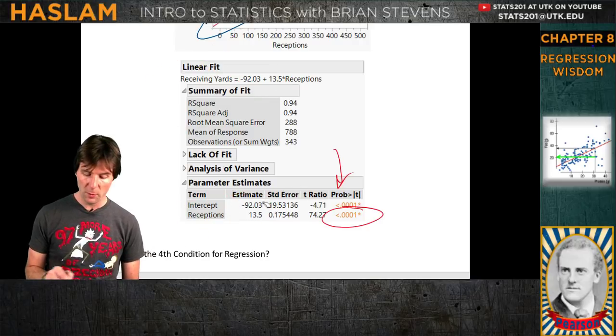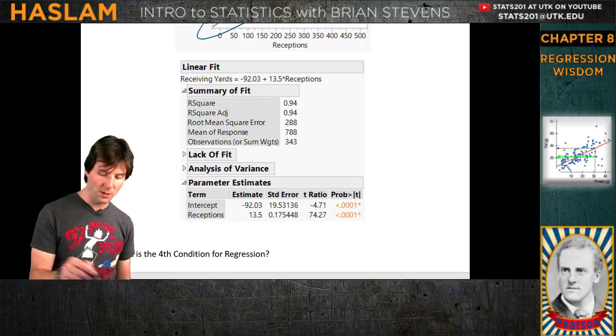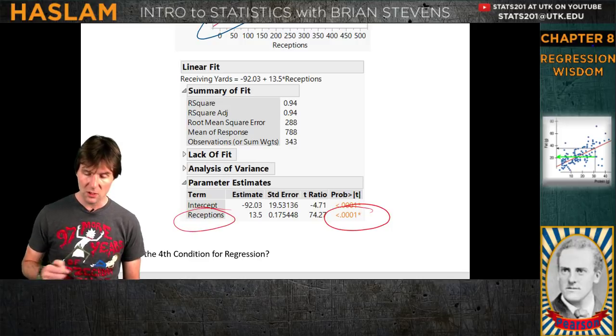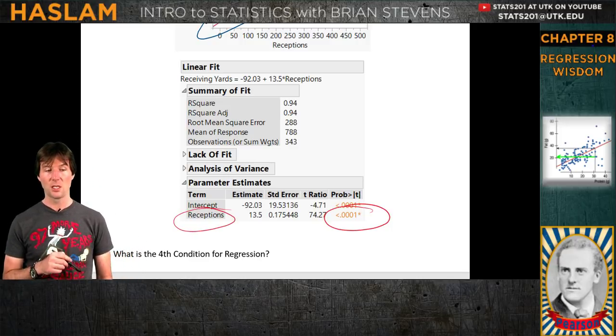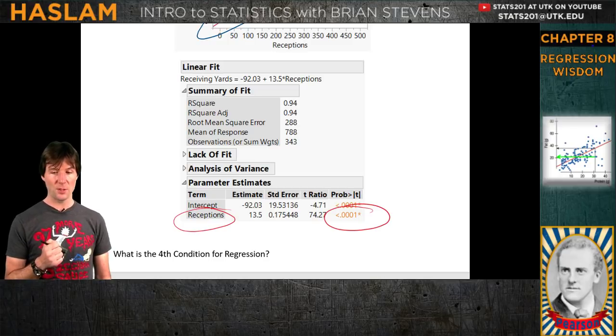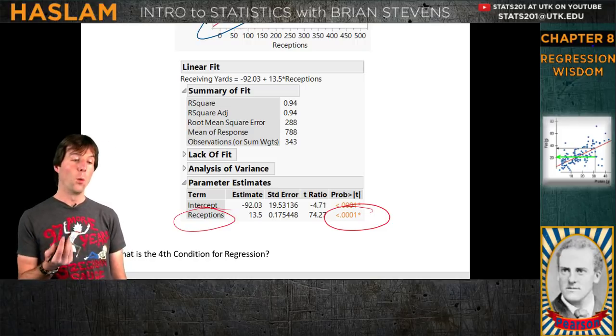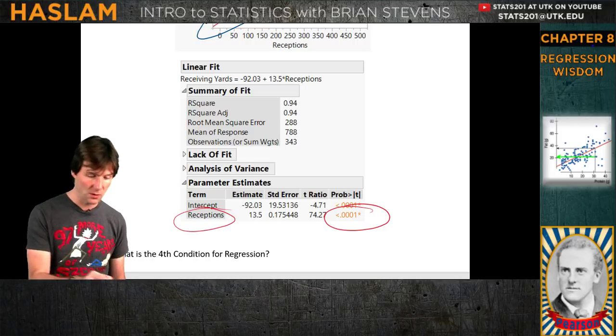And most importantly, with our regression models, we care about the slope. The slope of the model being below 0.05 tells us that the slope is statistically significant, which is the relationship x and y have with each other. So that is what we have right there. The conditions for regression tell us if regression is appropriate, and then the slope being statistically significant means that there's actually a relationship between the variables, or at least one that we think is not likely by random chance.